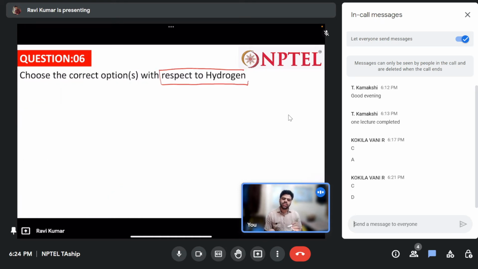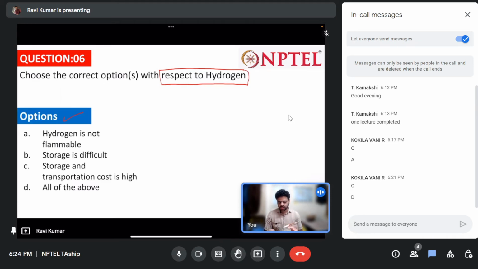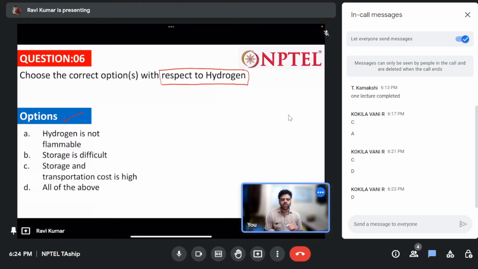So this question is just about the properties of hydrogen. So these are the options. Is hydrogen flammable or not? Storage is difficult or not? Storage and transportation cost is high. So Kokila saying option D is the correct answer. But no, D is not the correct answer. Hydrogen is flammable. It is not